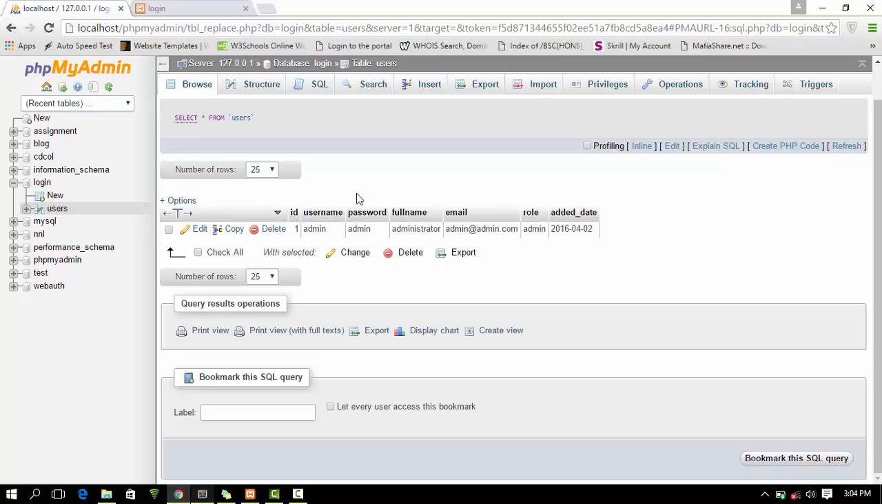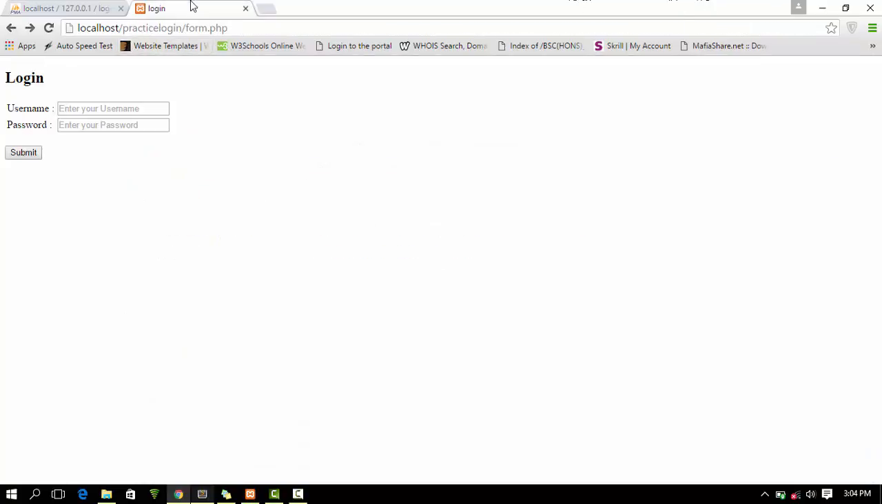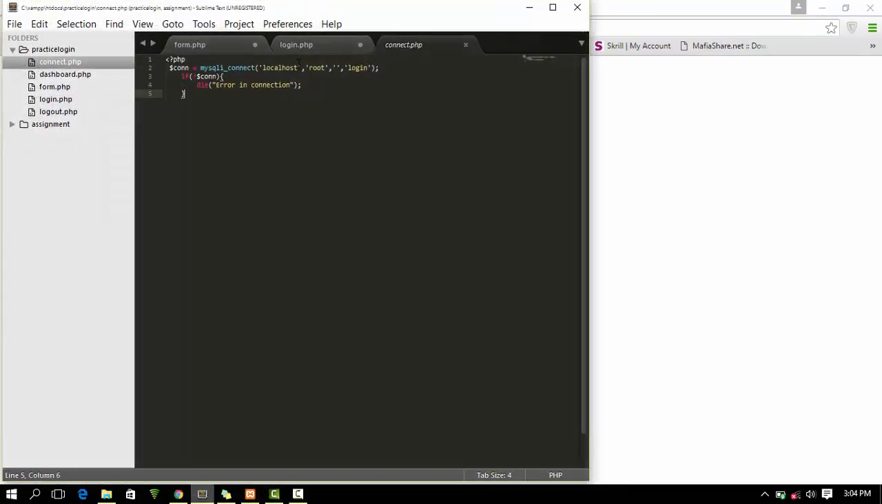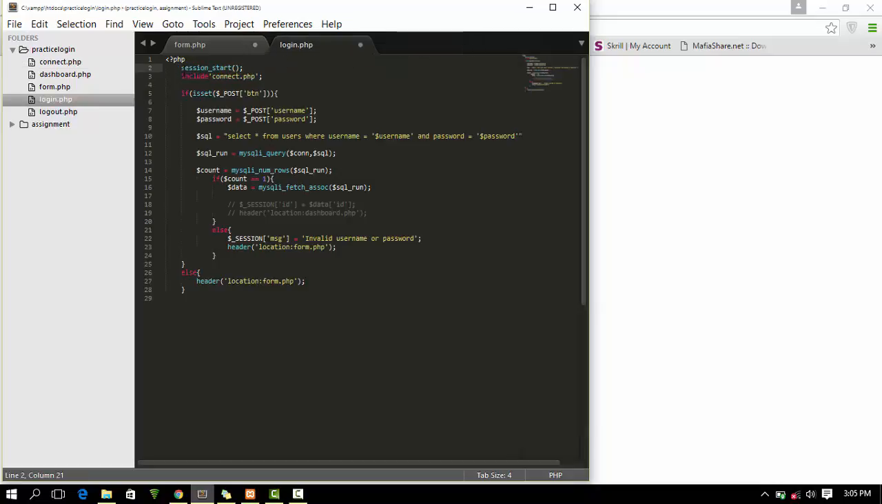In ID, as it is the primary key, I have given it auto increment, and this is to connect with my database. And I have given a condition like if it is not connected with the database, then die and give an error message, which is error in connection. And I have included that